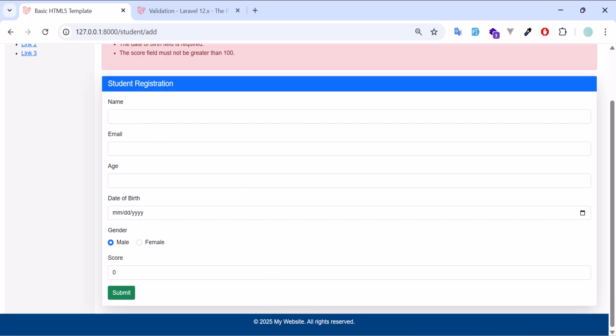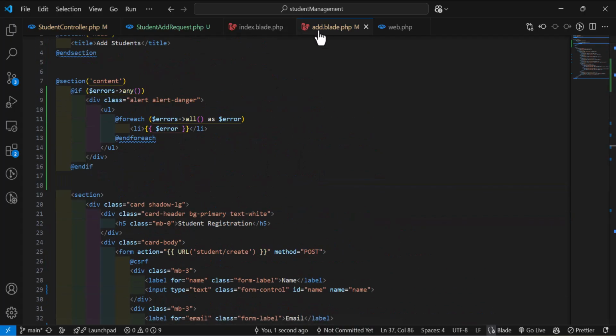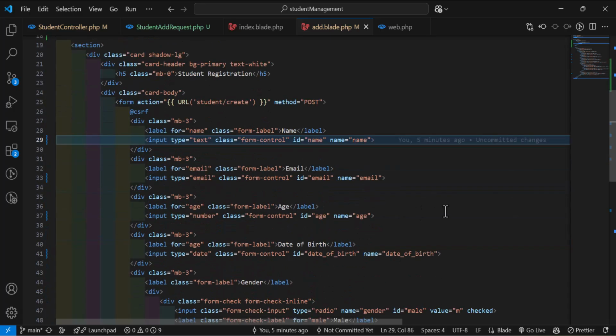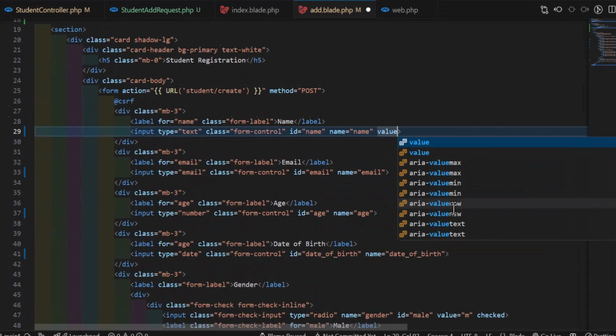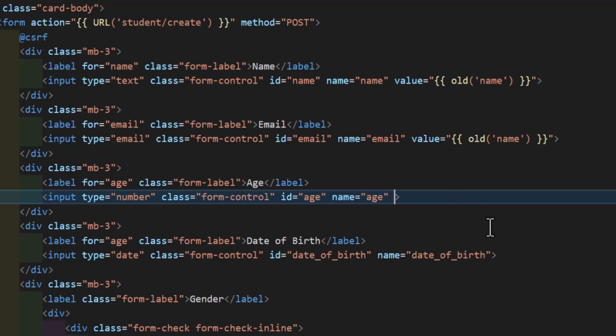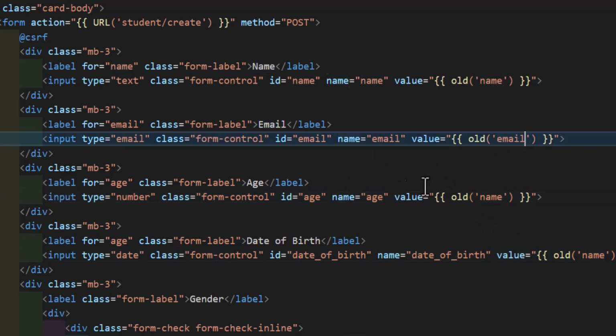So for that, I have to go inside my Laravel project and inside my add.blade. Then in here, for each of my inputs, I have to type value is equal to old and the field name. So in this case, name. So in here we will type name. Now let's copy this and paste it in all of the input fields and change this to